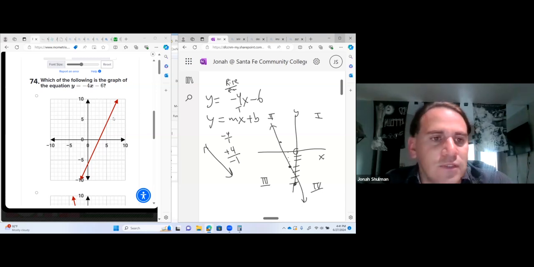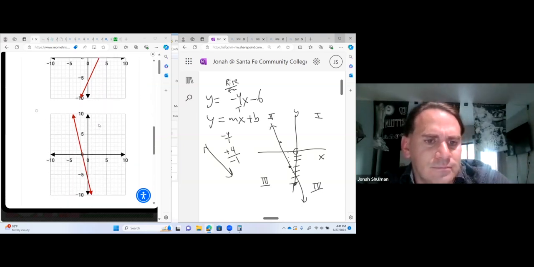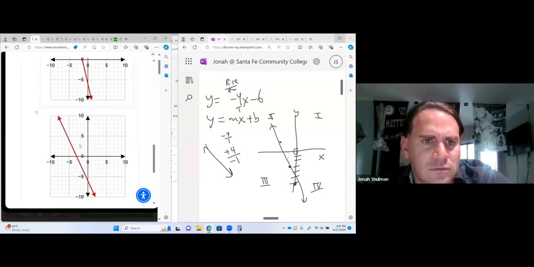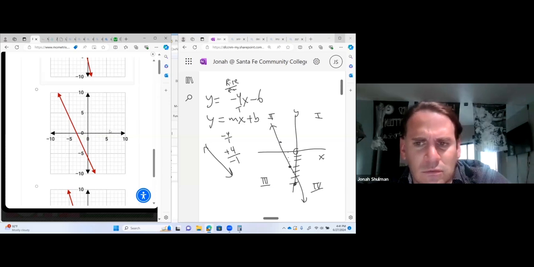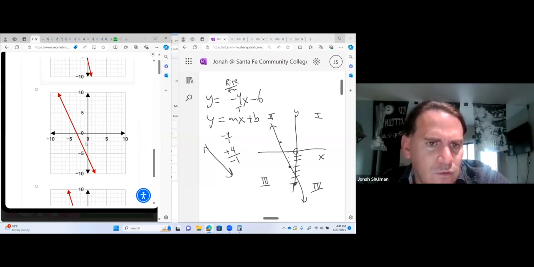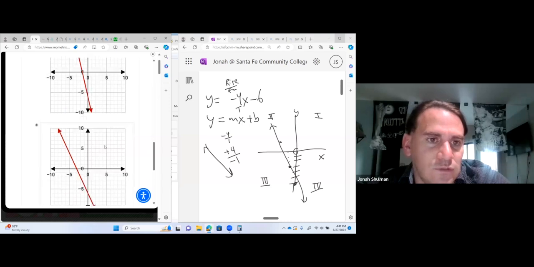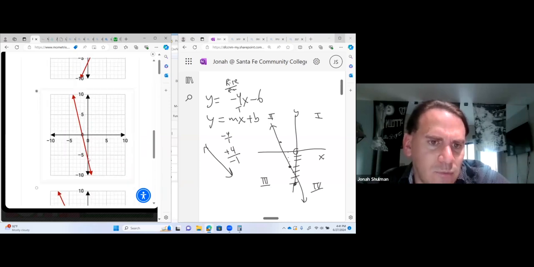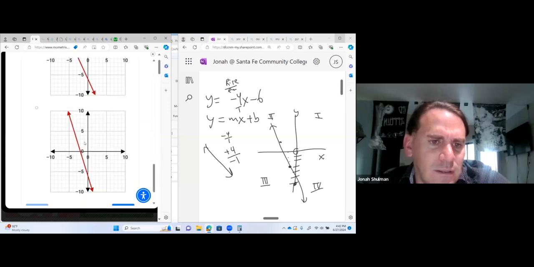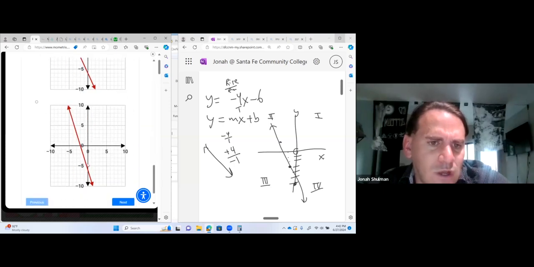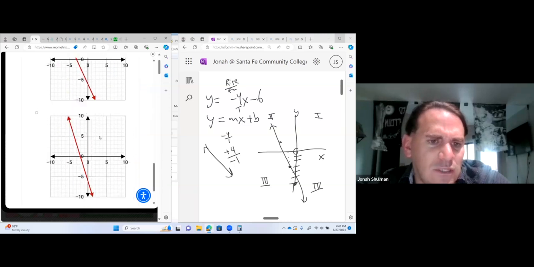Well, let's see what choice that is. I like this one. Let's see what the other ones look like. This one looks too slopey. Up 1, 2, 3, 4, 1, 2. All right, so that's over 2. So this one's not right. I like this one the best. Up 1, 2, 3, 4 over 1. Yeah, that looks nice. And these two, I don't know how these two are different.